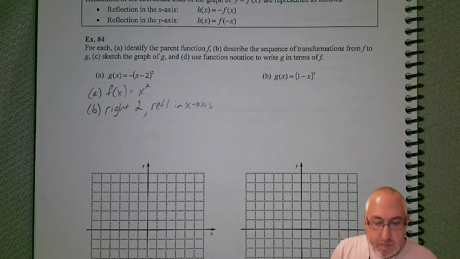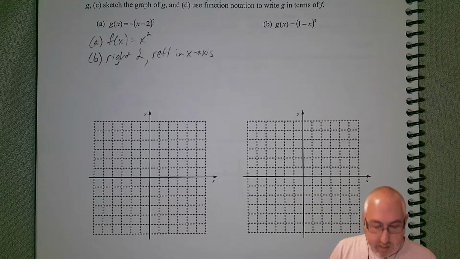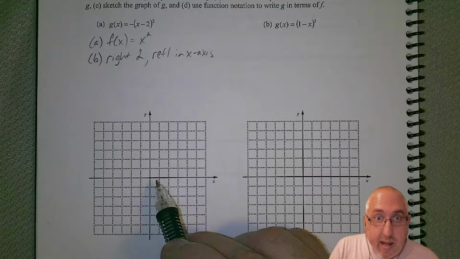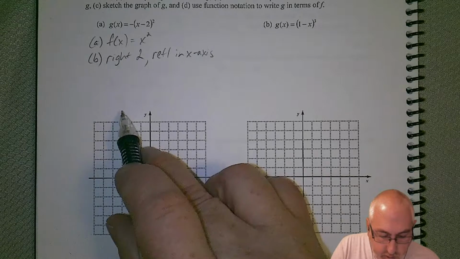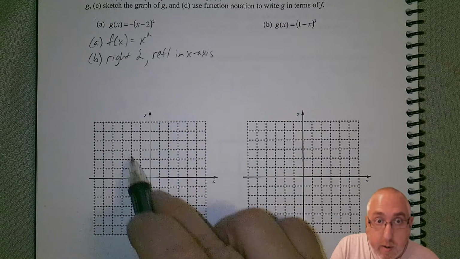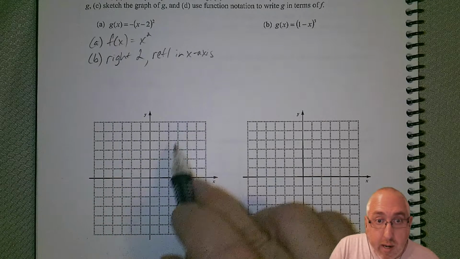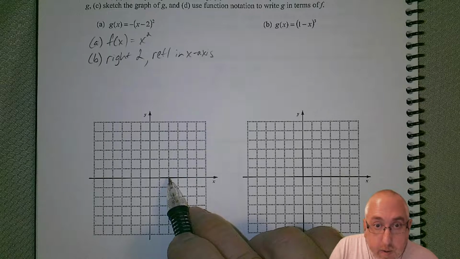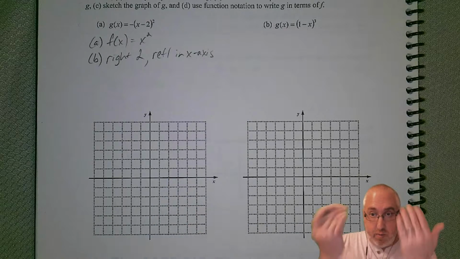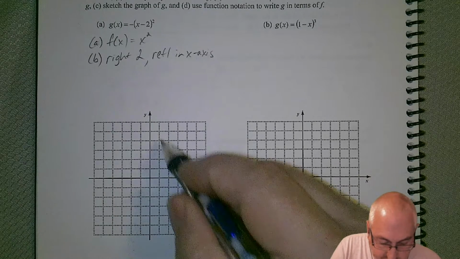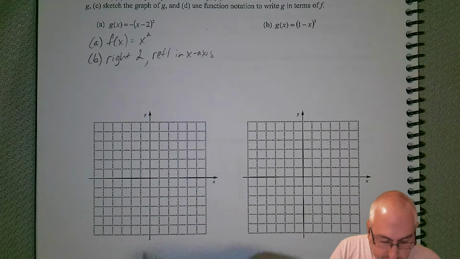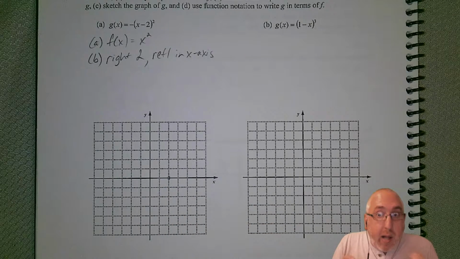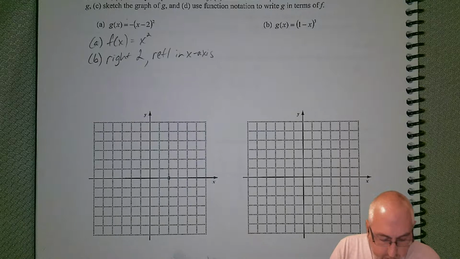Now we got to sketch it. All right, so we have a nice blank graph here. So we want to shift it to the right, and we want to reflect it in the x. So normally we have just our parabola that goes through the origin, but now we want to shift it to the right, so we know that that origin spot's going to get shifted to here, right 2, but then we want to reflect the whole thing down. So instead of coming down through, we want to go up through. Now if you wanted to be really careful and plot some points and stuff, you could,